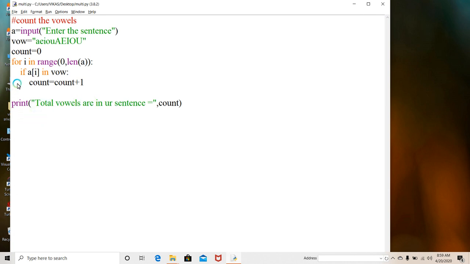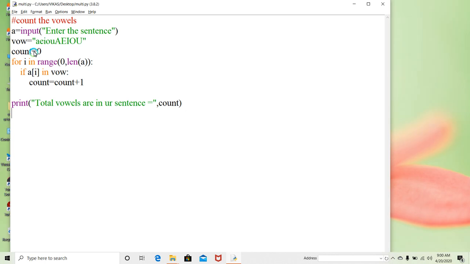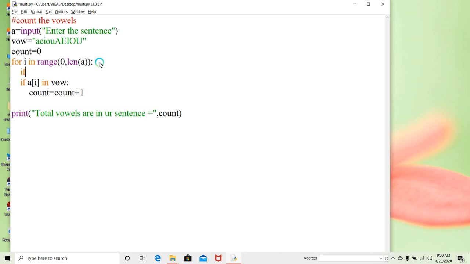If we want to count the consonants also, how will we count them? Do we have to define all the consonants again? No need, it is very simple. Look here. Now we will use a nested if else.